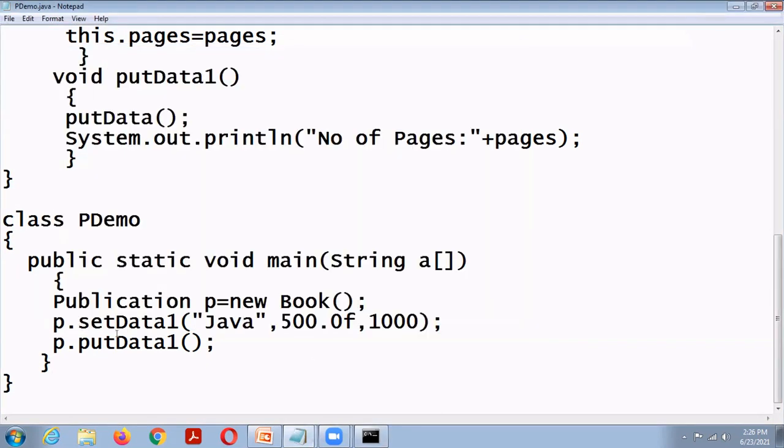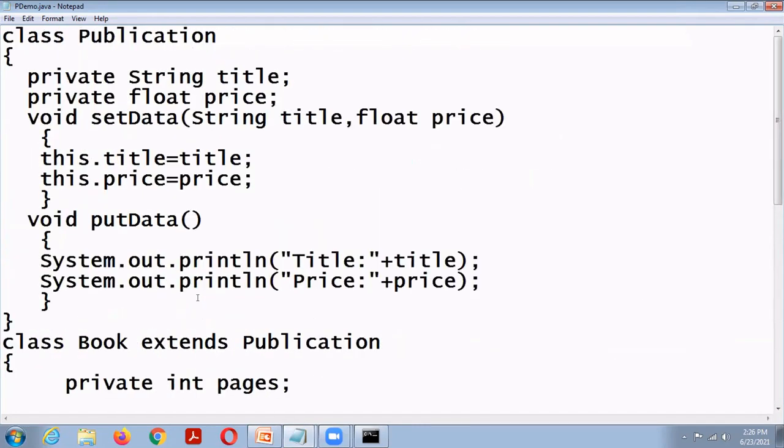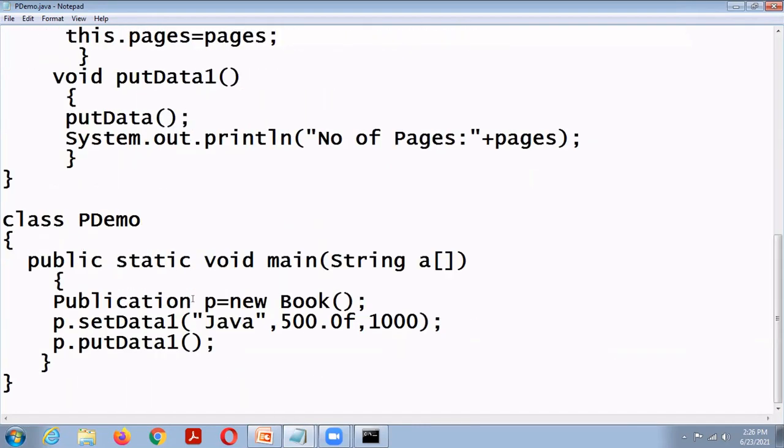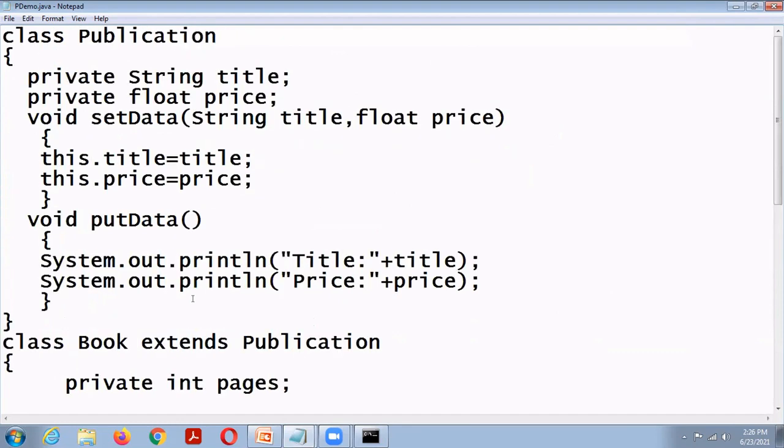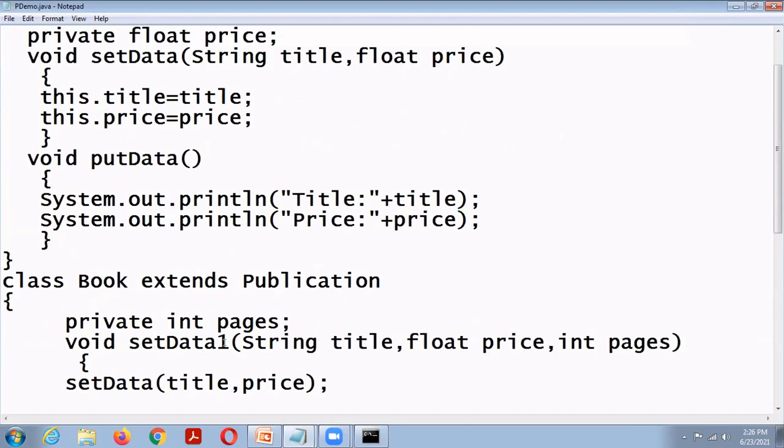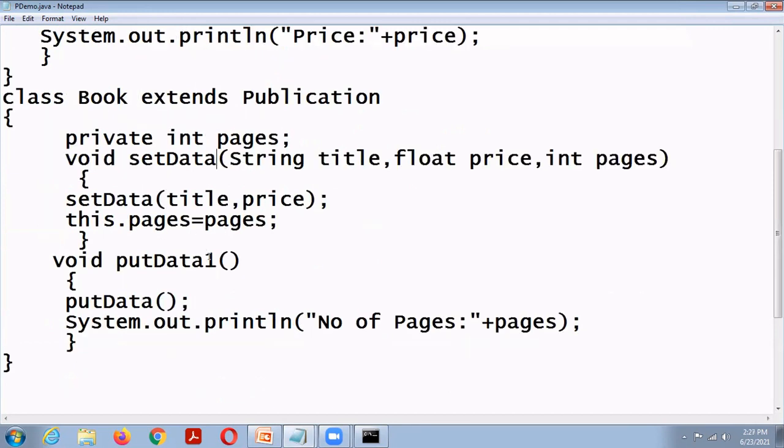So actually we can store the subclass object in the superclass variable. It's correct. But we need to declare this setData1 and putData1 method here. So I change this here also setData, here also putData.